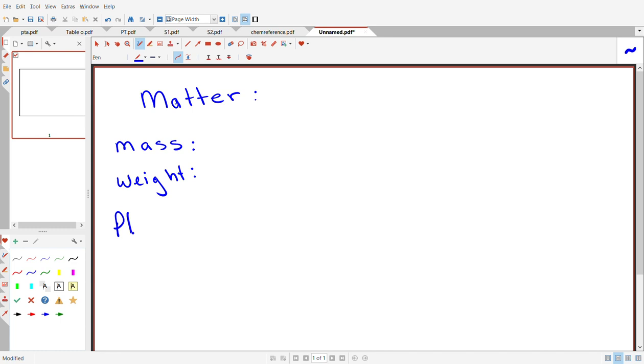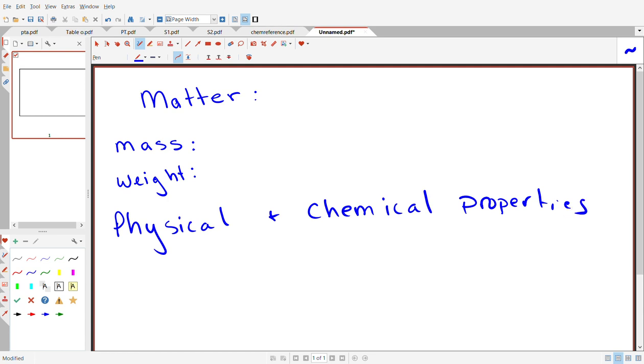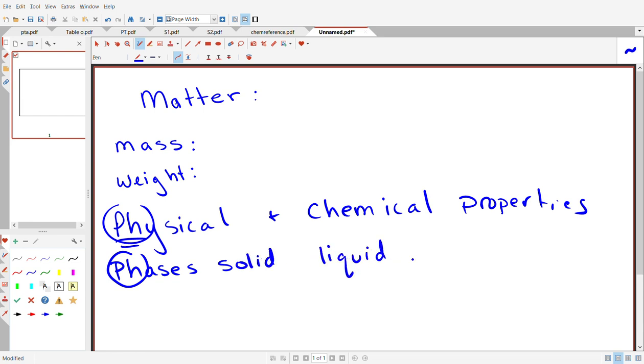you have to know the difference between physical and chemical properties, and physical and chemical changes. And a physical property, we're going to talk about the phases of matter. As far as you're concerned, there's 3 phases of matter: a solid, a liquid, and a gas. So if I think about water, which is made up of,